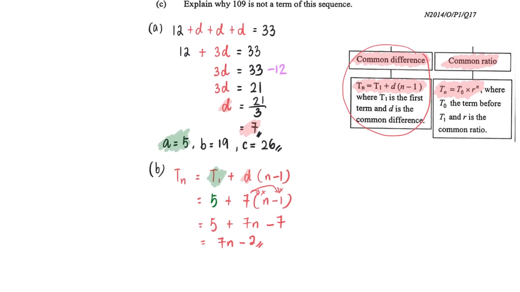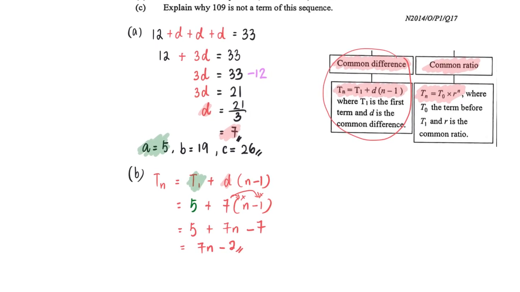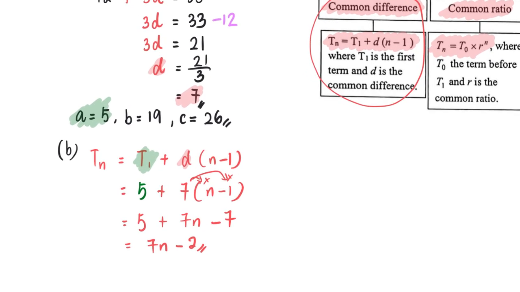And let's take a look at the last question. Explain why 109 is not a term of this sequence. I am going to tap on my n term now. Okay, my n term is here. So with my n term 7n minus 2, if 109 is in this sequence, then I will be able to find an n that is a whole number for 109. But when I solve this,